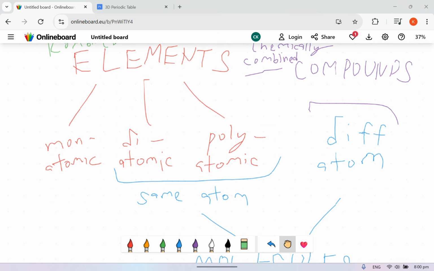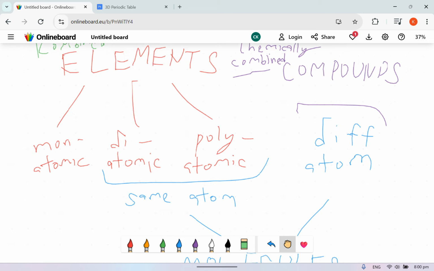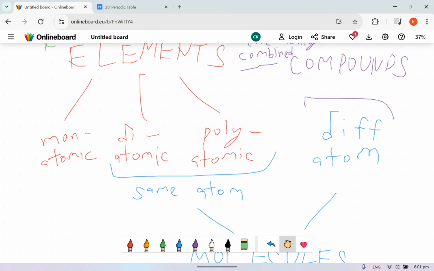Okay, there we go. So elements can be monatomic, diatomic, polyatomic, but diatomic and polyatomic, they are all molecules. Just that they are molecules made of the same atom. As you can see, same atom. So remember, guys, this is a very big thing. Elements are made of atoms, and these atoms are always the same type of atoms. That means you won't see different types of atoms together. No, it's always the same type of atom together.